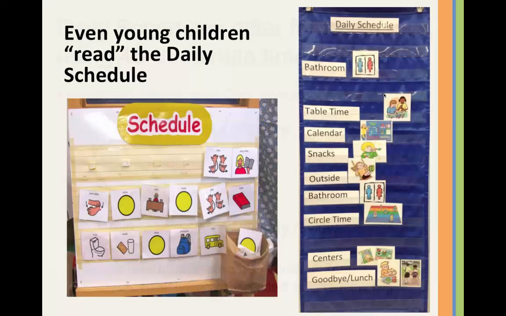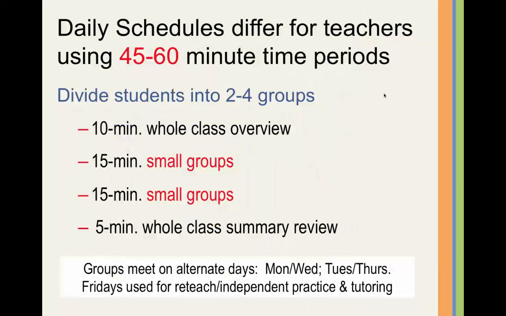Our middle school and high school schedules, like I mentioned, are slightly different. We group the kids the same. We use the same rotation chart, but you only meet at the teaching table Monday and Wednesday with 2 groups, Tuesday and Thursday, 2 groups. Now you've seen all the students in your class 2 times that week. And then on Friday, we call back students that have questions or need more assistance.